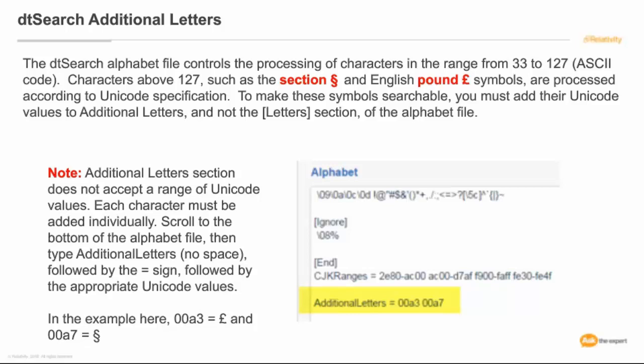00A3 for the pound sign is just the Unicode representation of that, and you can find this on the Unicode table. It is free; you just Google search Unicode table and you can get it. These days you can tend to just search for the Unicode pound symbol, and Google will just return what that code is. If you have any questions on what the code should be or where you can find it, anything like that,